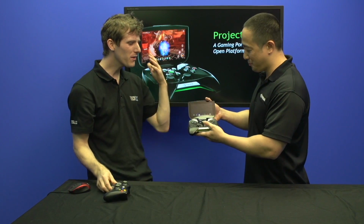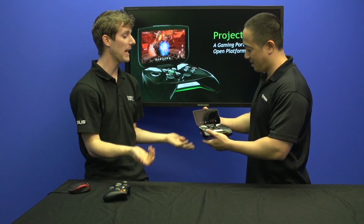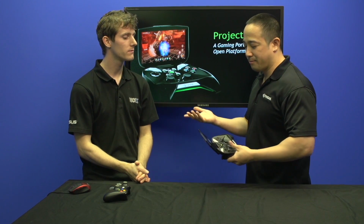X. Okay, well, you're one of the few people in the world at this point who's actually been able to sit down and play games on a production model. How's the experience? How's the ergonomics? What's battery life like? Battery life is 8 to 10 hours of gaming. It's very, very smooth, to be expected. So the key feature for...